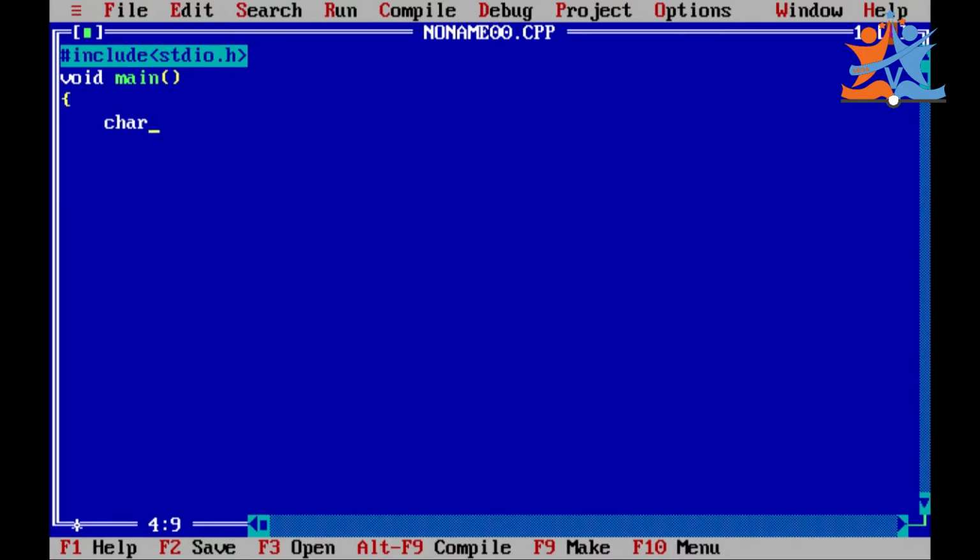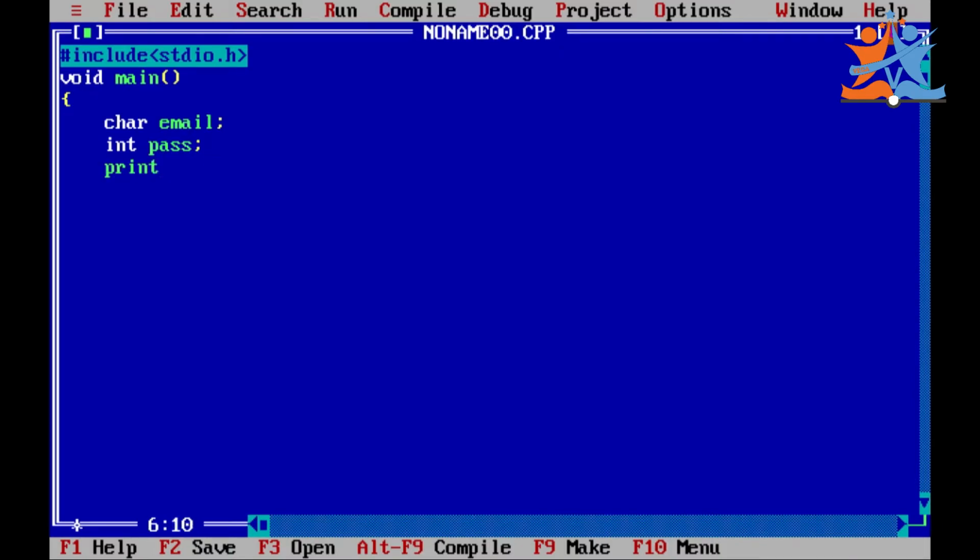In C programming, we can't take a string directly as input, so that is the reason we go with a character. Char email you need to enter. After entering your email, we enter the password. I am taking int password, int pass. So I am taking two variables.